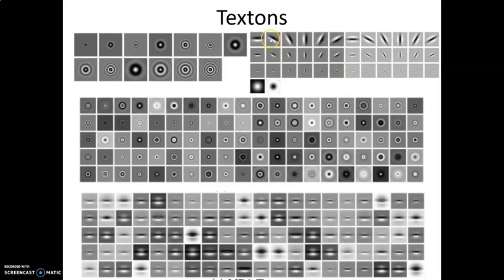So this filter is going to capture the filter responses in this direction. This filter is going to capture all the responses in the vertical direction and so on. So these are all the filters which are sensitive to direction in the textures. Once we apply this filter bank, these are the responses that we obtain. Now these are the texton based dictionaries that we obtain after filtering the images with these different types of filter banks. Now what happens when we have an unseen image?